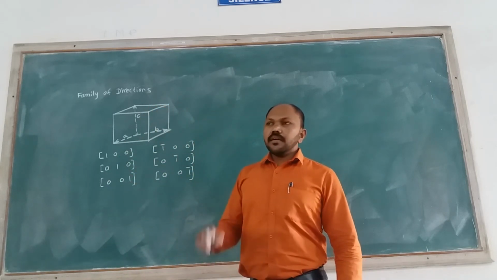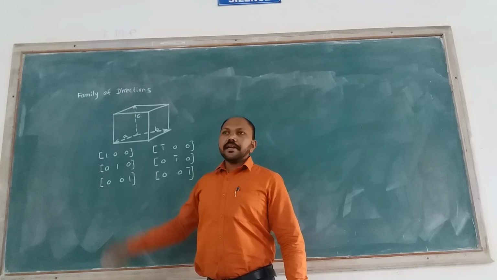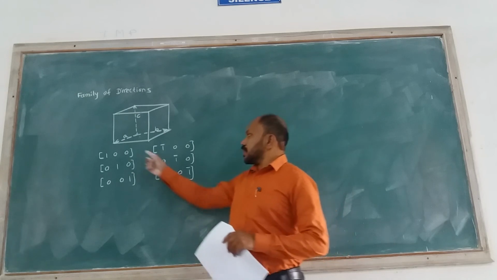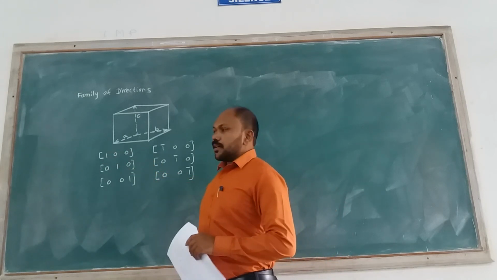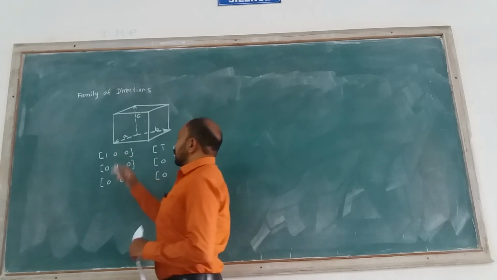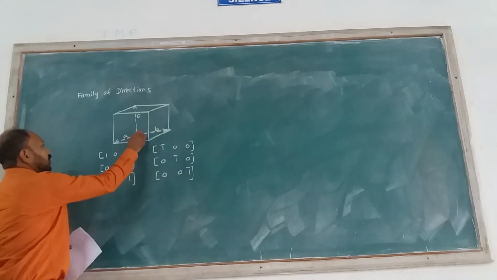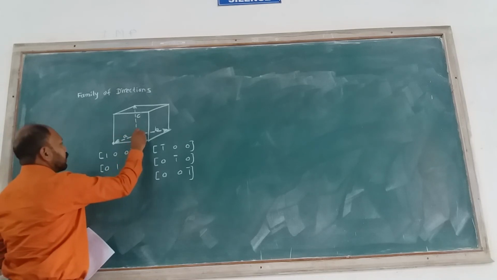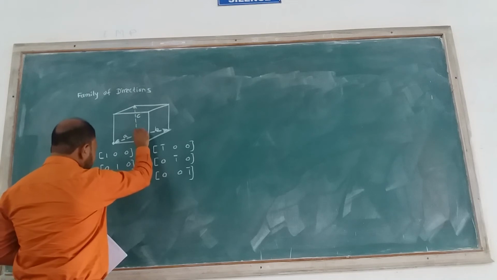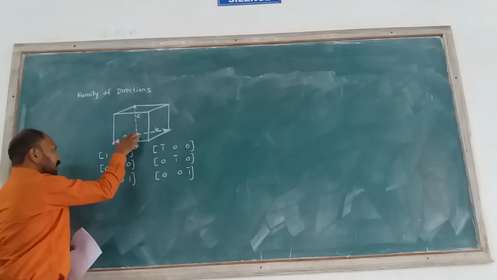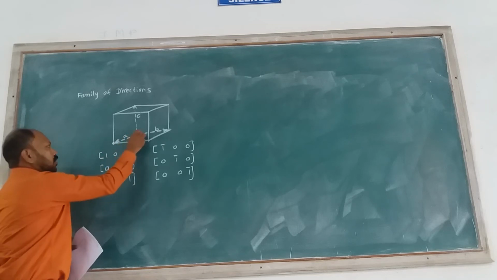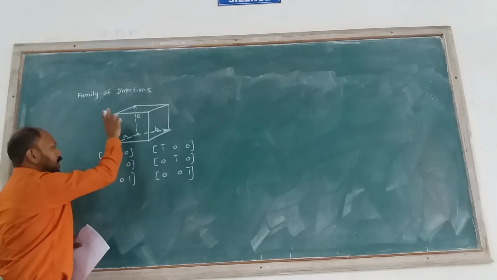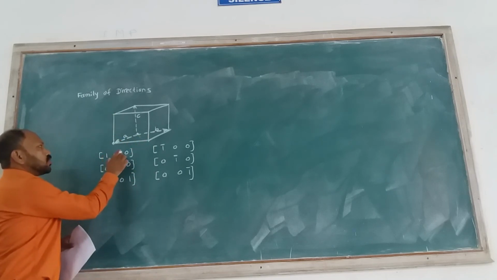Now, if we consider this cubic structure, in yesterday's discussion we saw how to represent the direction. Direction is represented with square brackets and these three intercepts, that is 1 0 0. What is the meaning of 1 0 0? If the point is considered at this location, and it is starting from the origin, then this direction is shown with this symbol. At A direction unit distance is available, at B direction distance is not available, at C direction distance is not available. So 1 0 0.